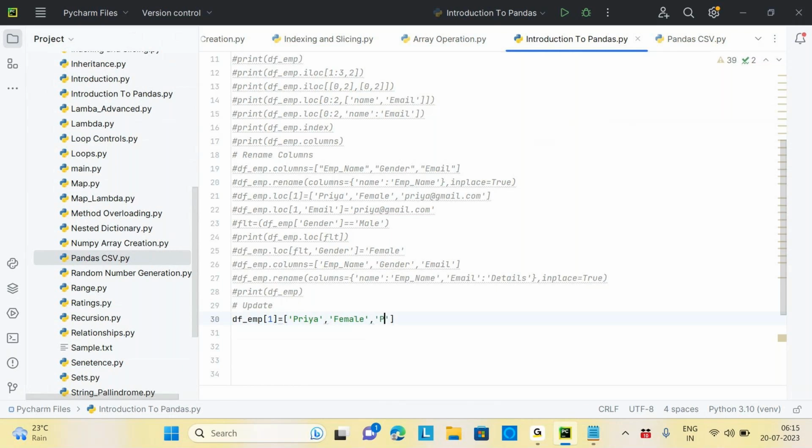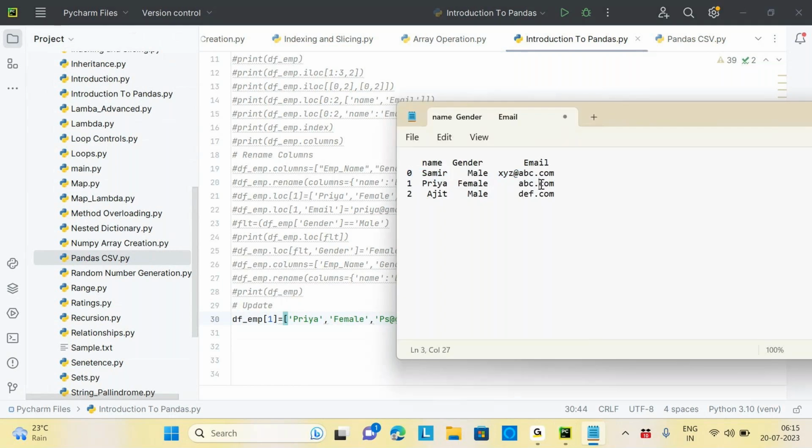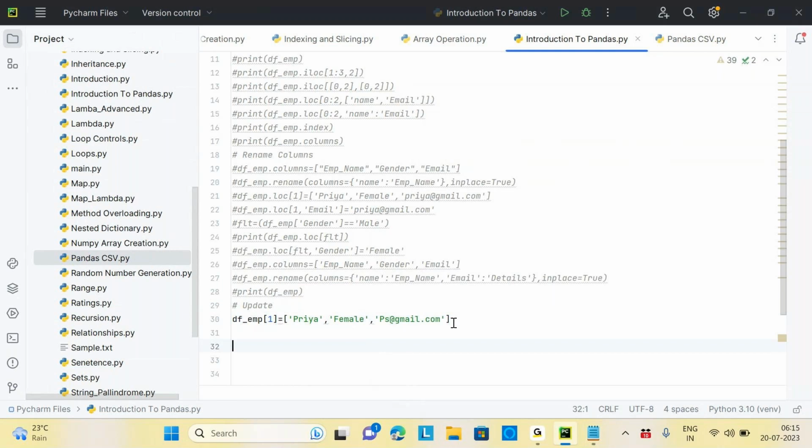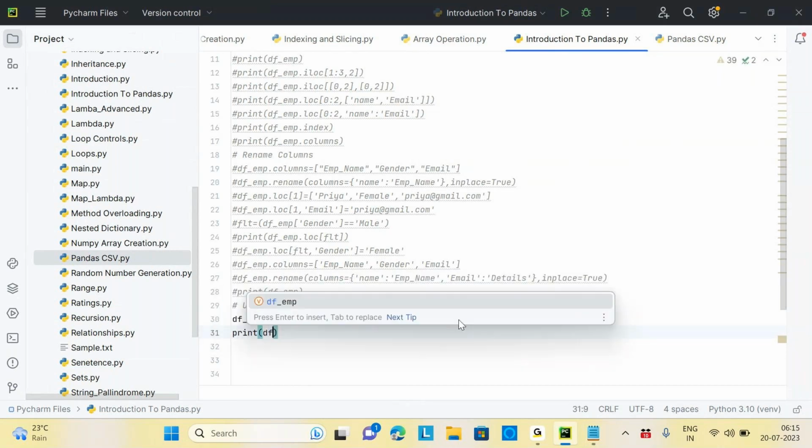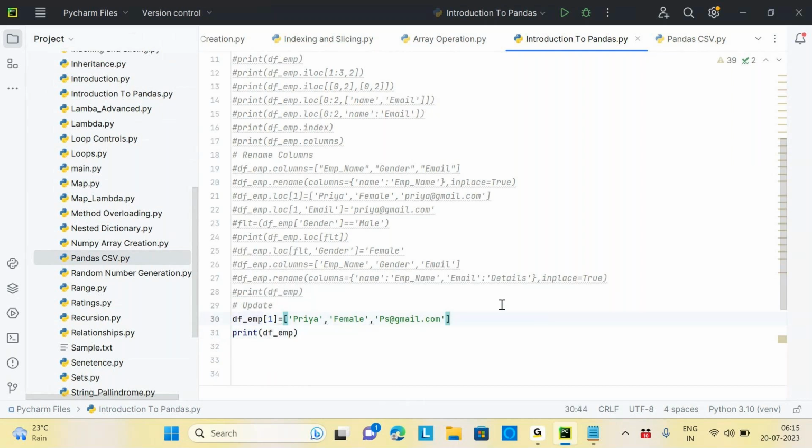p dot ps at the rate gmail. Okay, I'm just changing the email of the last one. Instead of abc.com, I'm just doing this. Okay, that's it. I'm saying print df underscore employee. Okay, so now if I run this,